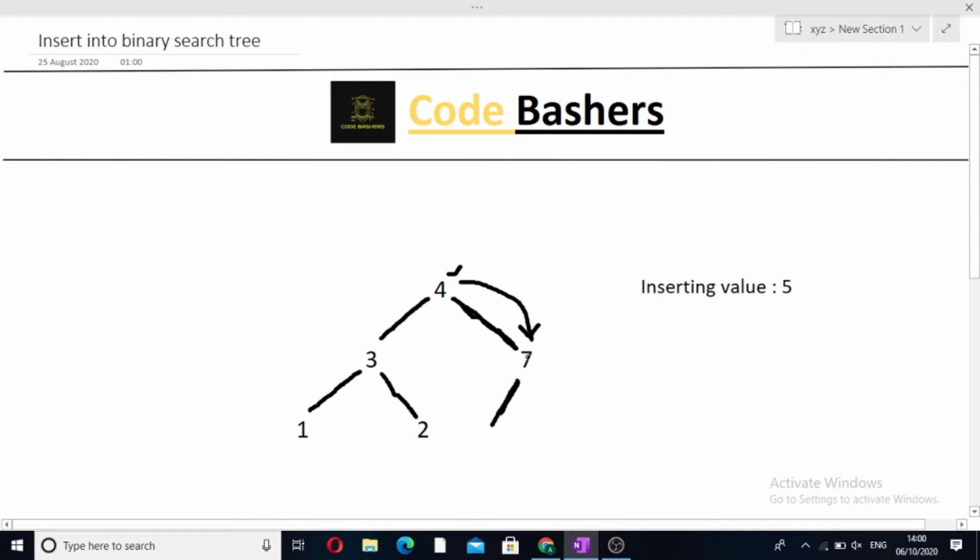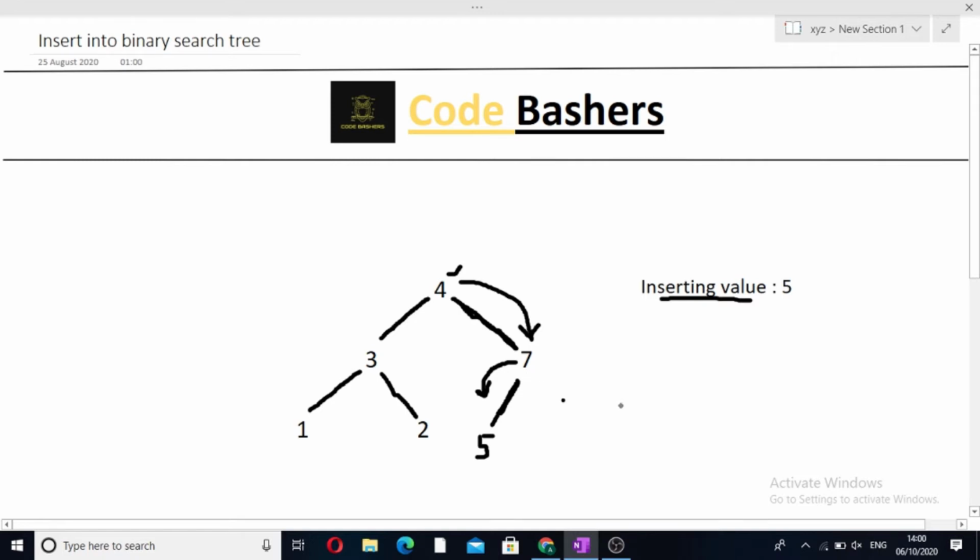So we will move in the left direction from 7, and we will encounter a null pointer because there does not exist any node. So when we encounter a null pointer, we will form a node of value equal to the inserting value, and we will join it with the left pointer, the left address of the 7. So this is how we will approach the question.